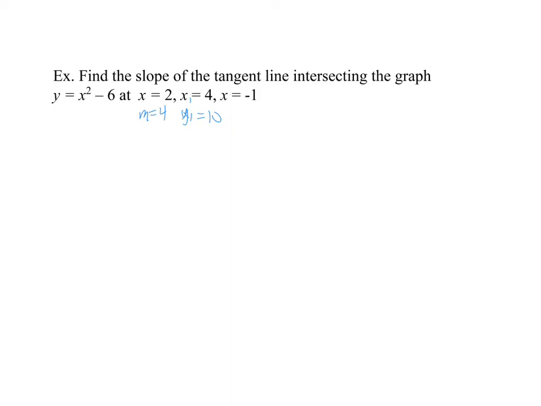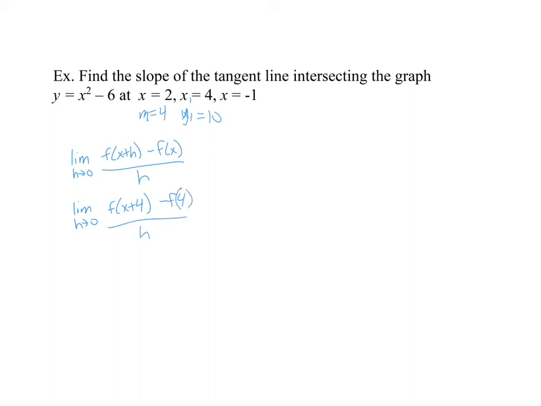So let me rewrite out the whole formula here. We'll do the limit as h approaches 0 of f of x plus h, take away f of x, all over h. So let's plug in our algebra and see what happens. If our x is 4, we're going to be trying to figure out f of 4 plus h, take away f of 4,